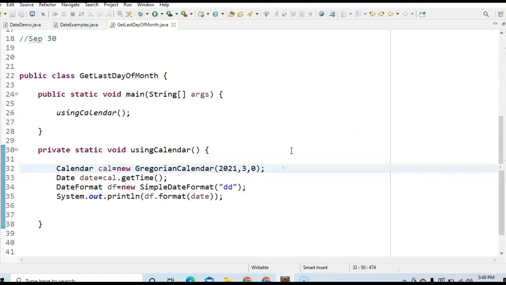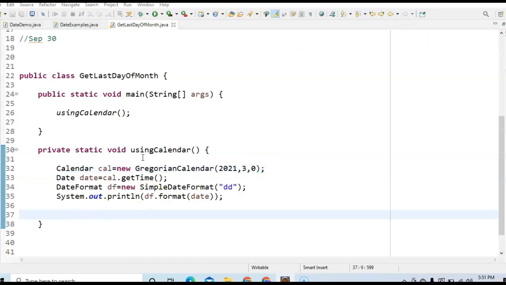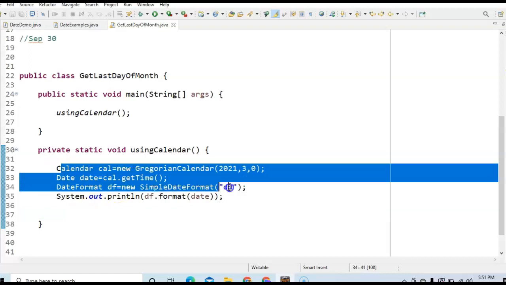The other one is by directly using the simple date format. So how do we do it using the simple date format? Here we'll not be using any date. We'll just use the calendar and directly the simple date format. In simple date format, we have a month. We have different methods to get it actually. So that's how we'll be getting this. The method is using the simple date format and the calendar instance directly. I mean, with the help of 3 lines, we are able to get it here.